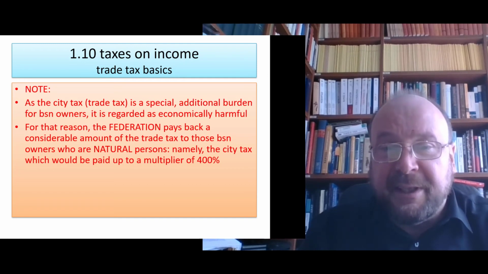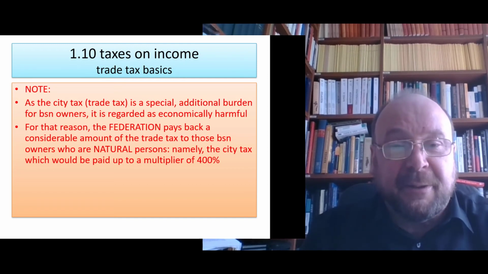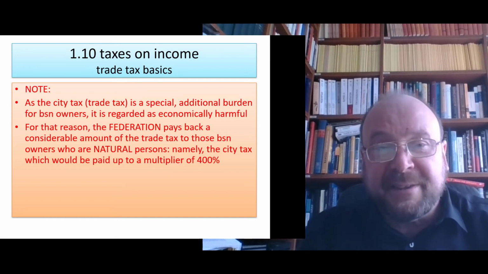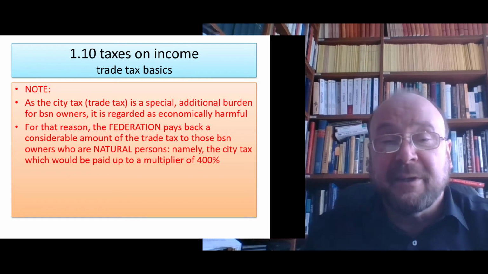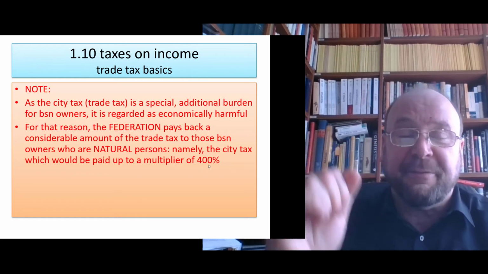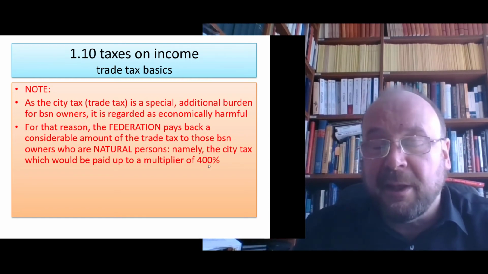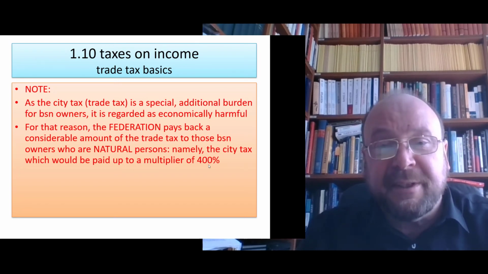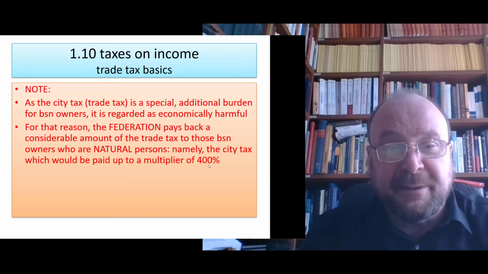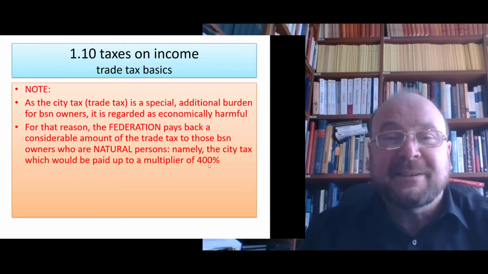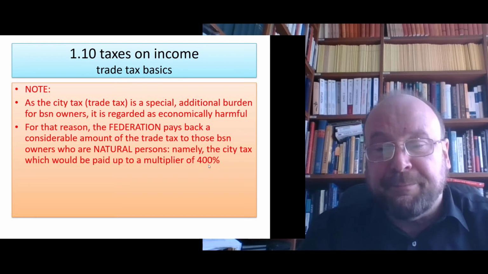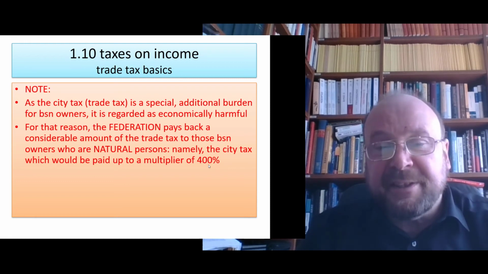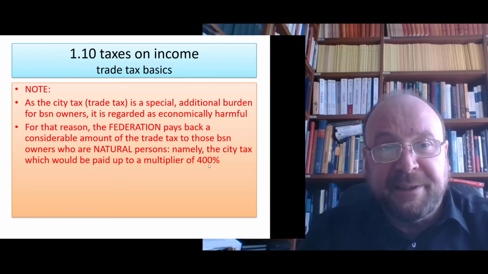Naturally, think about that. If a city council knows that, and naturally they know it, that would be for them a great incentive to push up the trade tax rates. What about 10,000%? The federation is going to refund it. And then you would have golden lamps in the street financed by the city, because it would be really a temptation. And naturally, to stop that, the federal legislation made two basic decisions.